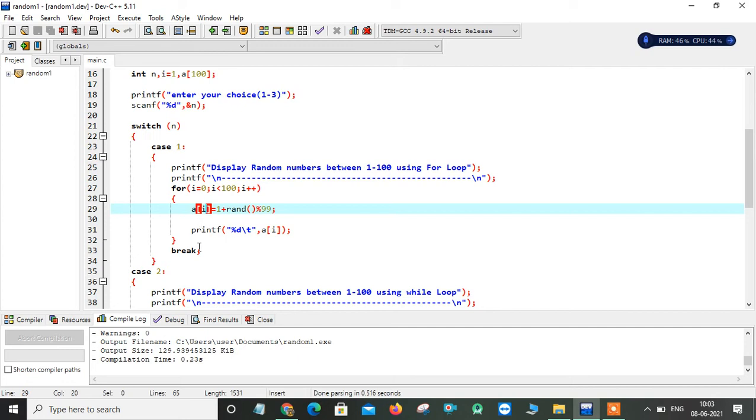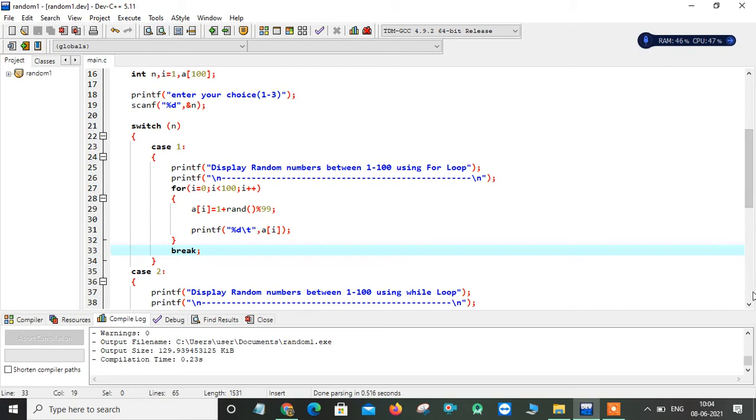So why I'm using a break statement here is, suppose the user asks the choice as 1. If you do not give a break statement, it will continue with case 2 and case 3 also. To eliminate that, we have to give a break statement after completion of your logic and before you are ending your case. So this is my case 1 ending, and before that I just close with a break statement.